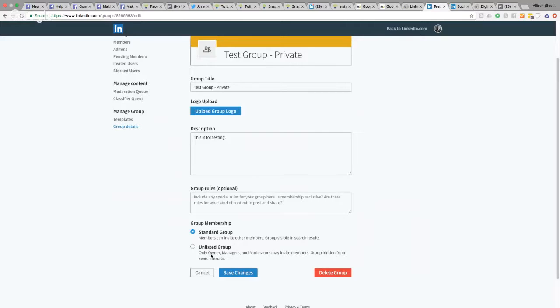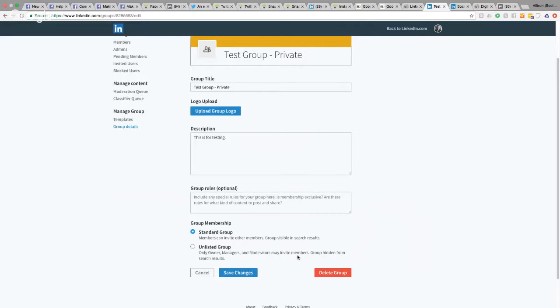In an unlisted group, only the owner, managers, and moderators may invite members. So, back to my last point, if you're going to encourage other people to invite each other to the group, you have to make them an owner, a manager, or a moderator. That might be fine if you want to make everyone a moderator, but if you don't want to give them that control, that's just another barrier to the options you have for growing your group. So with this LinkedIn group, you might want to consider having a standard group.